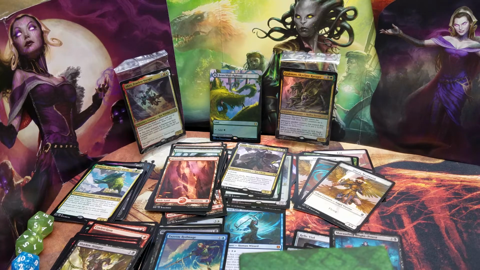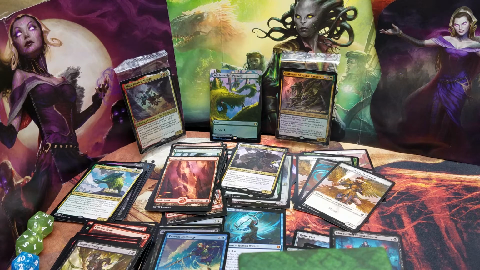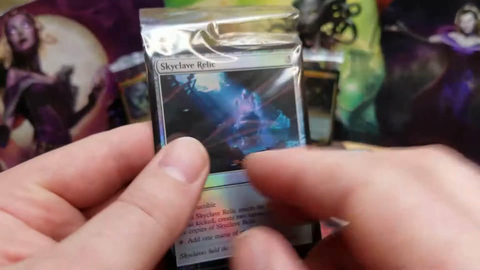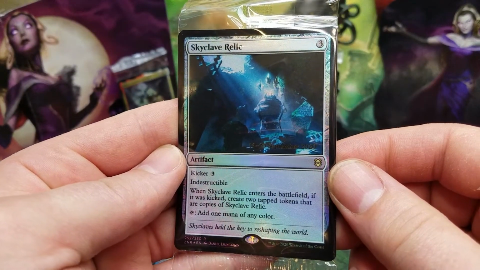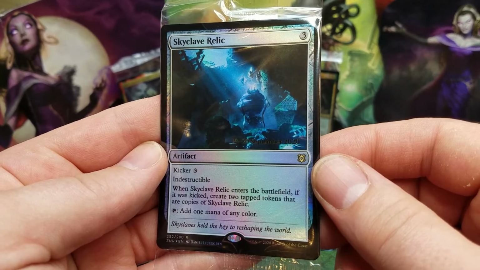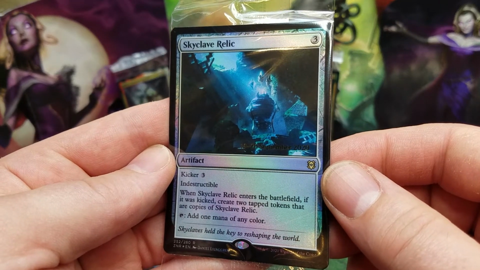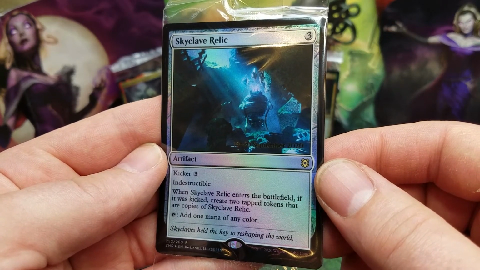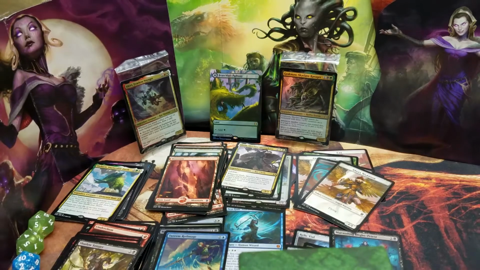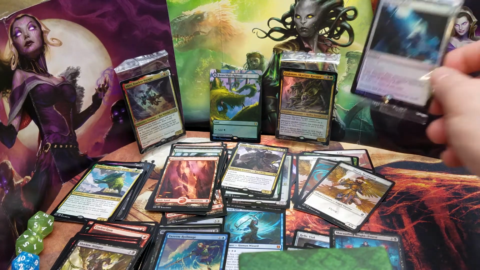Okay, better. Oh, hey, guess what I forgot? I hid it for myself, so it will be a treat. Skyclave Relic. Oh. Yeah. That's actually... Yeah, that's the thing that people were talking about. So, useful card, if not